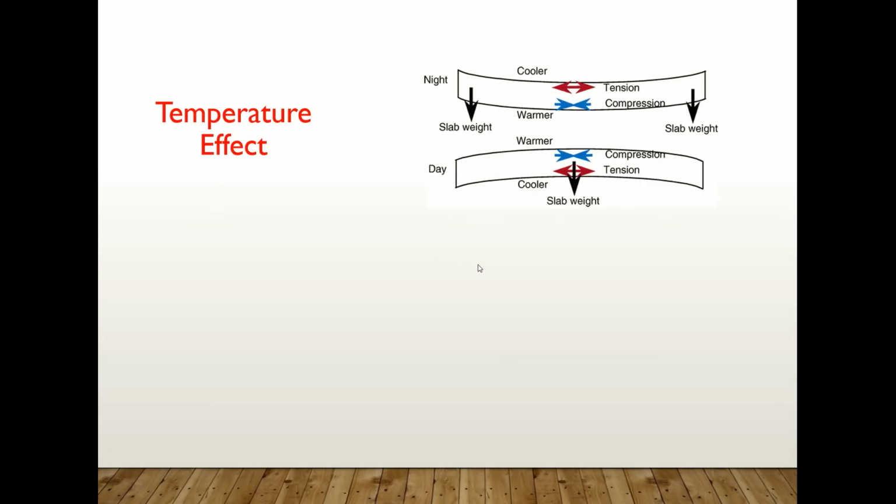So the next one is temperature effect. Temperature effect is very high in rigid pavement, because it is a slab type structure, so concrete always tends to develop stresses due to the temperature. But in flexible pavement it is very less, because it is a bituminous type. And then requirements for design.